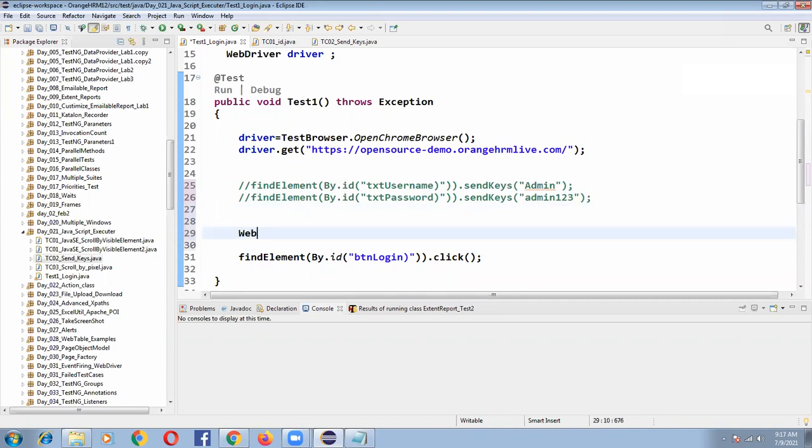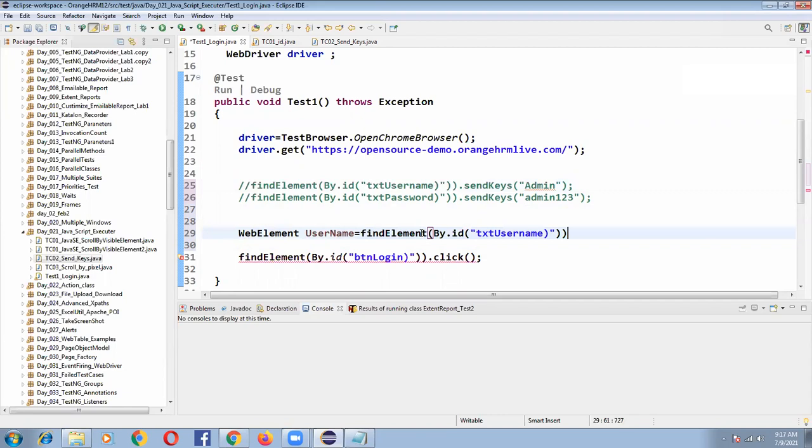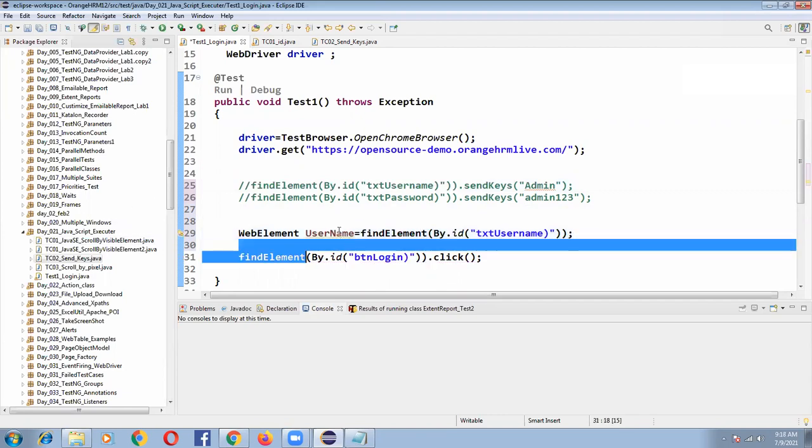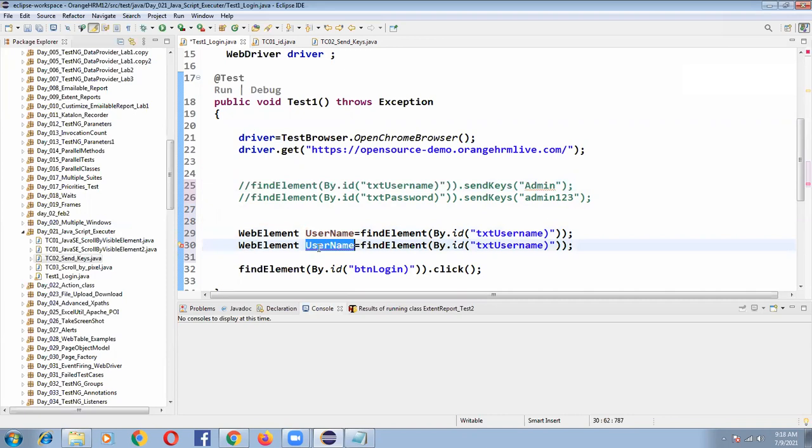So I'm going to create web element objects. WebElement username is equal to... I have created a web element object as username. Similarly, I'm also going to create one for the web element password.